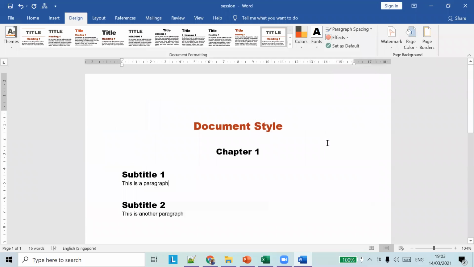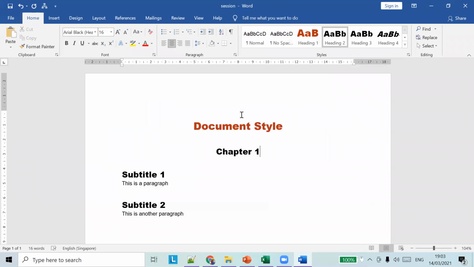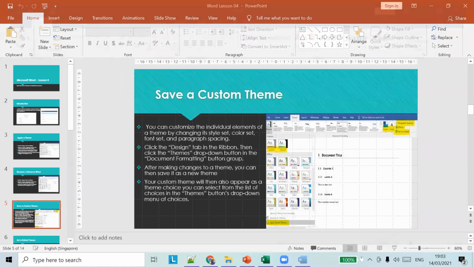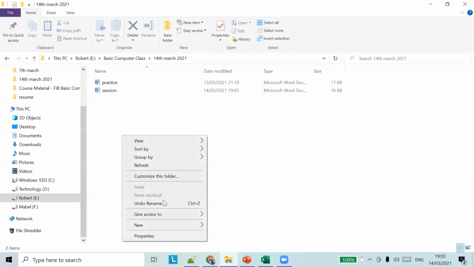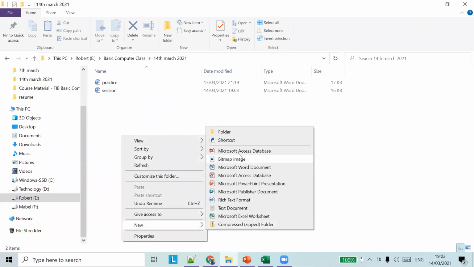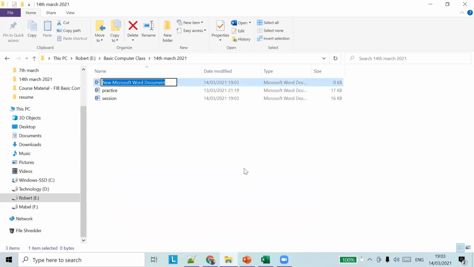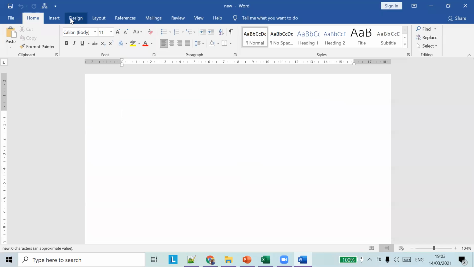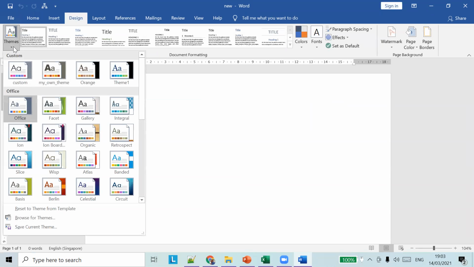So now even if you close this document and open a new document, you can use those themes there. I'm opening a new document, and if I go to Design and then Themes, you can see our own theme there. So I can choose it.